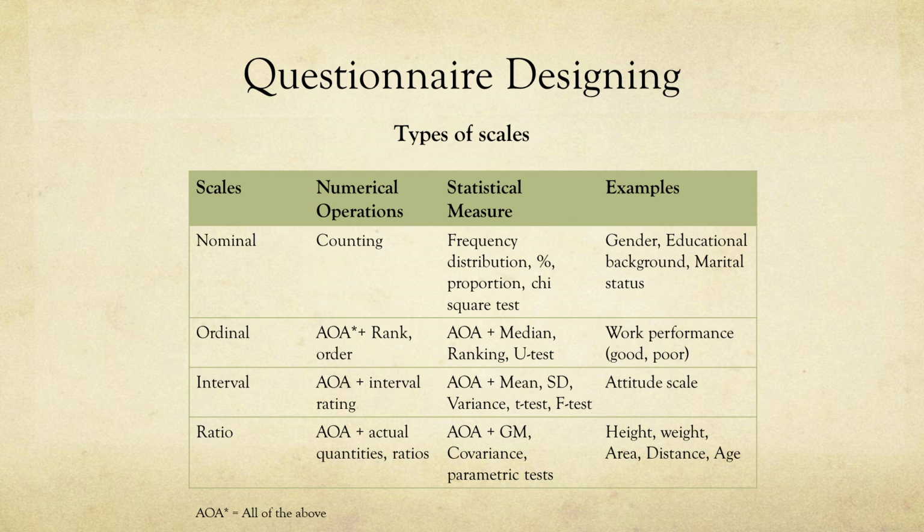And the data is actually in the form of maybe ratings or maybe certain scales that are already defined. So in this form of data, what do you do? You can actually either find the frequency distribution, you can find the proportion, you can use chi-square test here, and you can also find the median, the ranking, or use the U-test. All these statistical measures, I'm sure you can read more about them in the reading material which we'll be